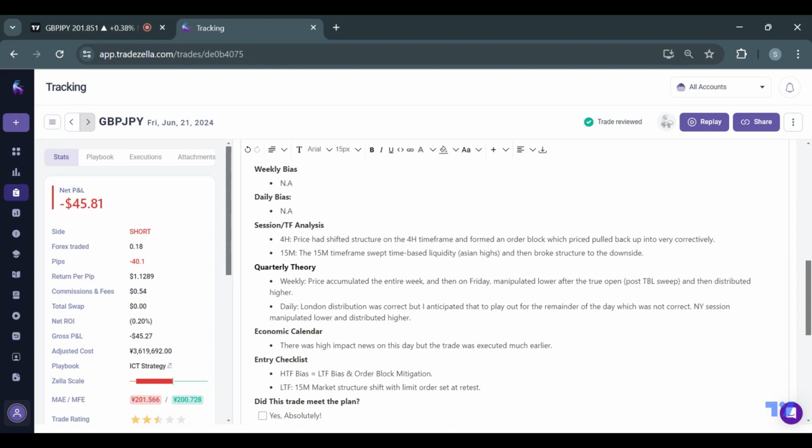It's where I got the analysis slightly wrong. And then on the daily, London distribution was correct, but I anticipated that to play out for the remainder of the day, which was not correct. New York session manipulated lower and then distributed higher. And so